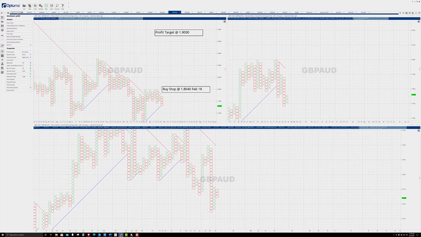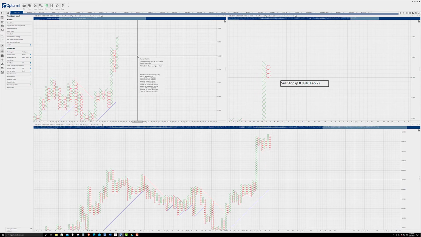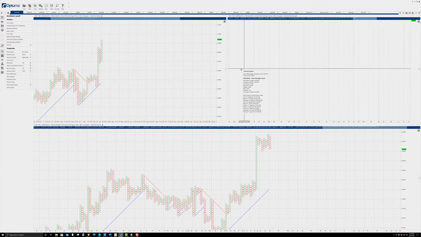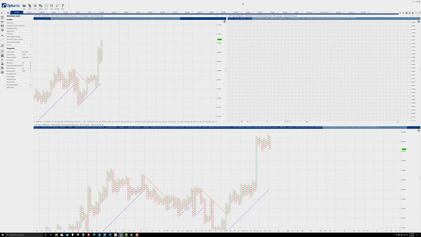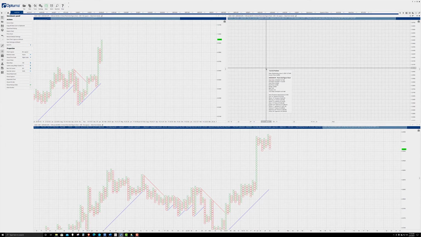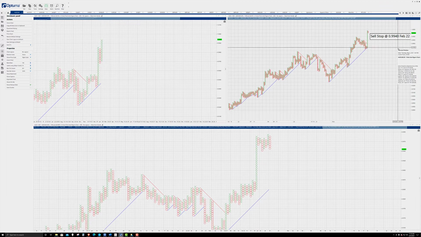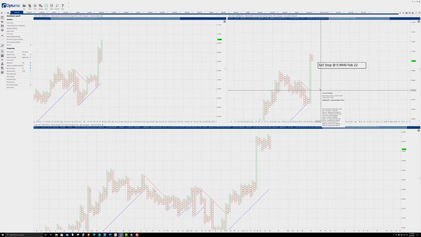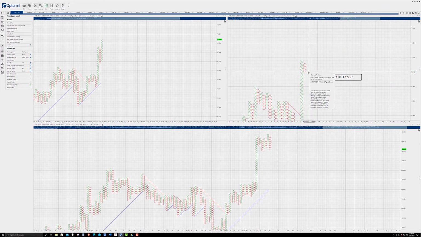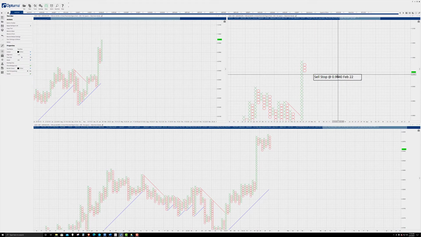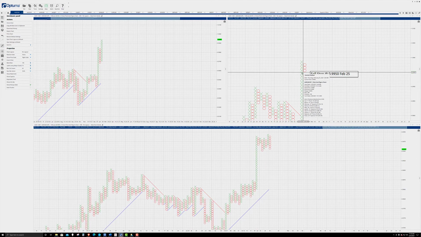Actually, let's look at the Aussie Loonie real quick as well. Geez. There we go. So 99.50, that's the short entry right now, kind of right where we're trading at on the 10 pip 3-box reversal chart. 99.50 is where the short is at, right there.